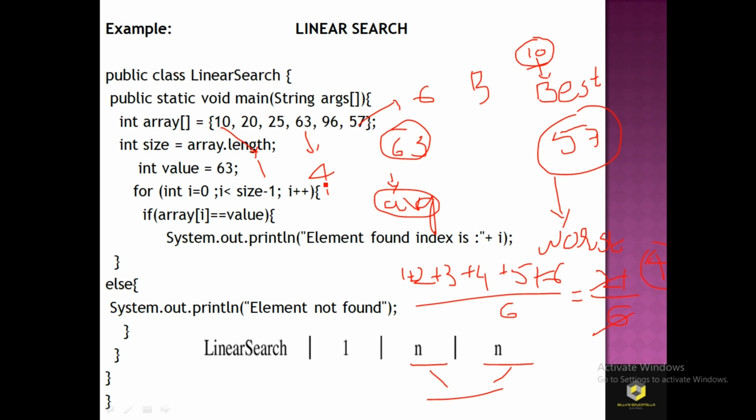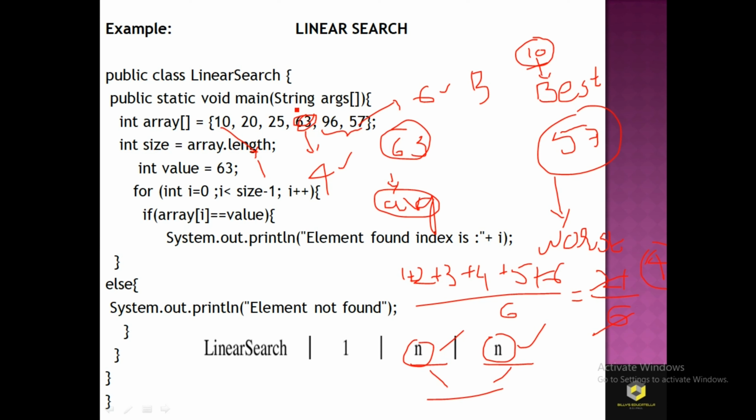Why are the time complexities 4 and 6 here, and why do we consider them equal when they differ? Because in linear search it does not stop at 63, but also considers 96 and 57 in the average case. So we take the time complexity of 96 and 57, so we take the n elements to find the time complexity. So the time complexity of the worst case and the average case are equal.